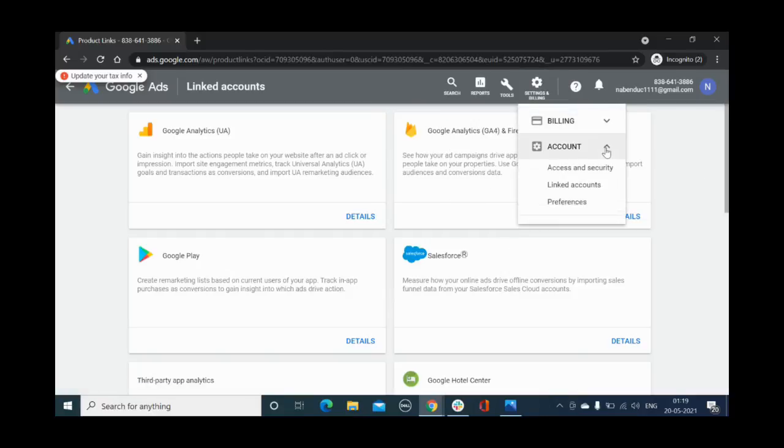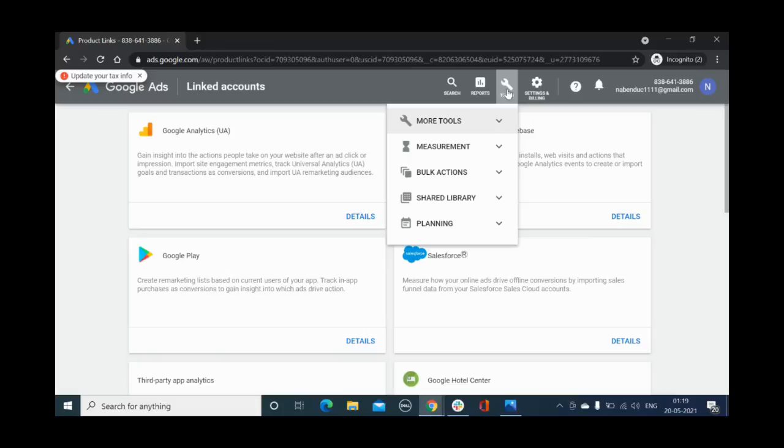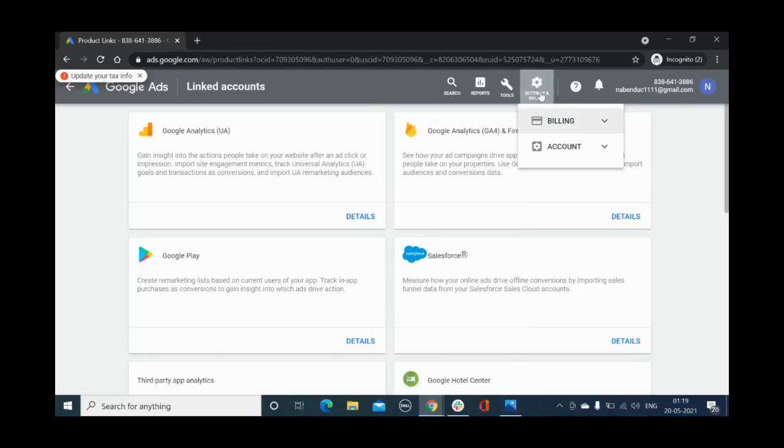You have the account, you have the billing. Here you can check in settings and transactions how much money you've been spending, how much money you've spent in each campaign. If you go to tools, you can select planning and you can plan keywords here before running an ad campaign. So this is how you set up the Google Ad account. This is how you create it.